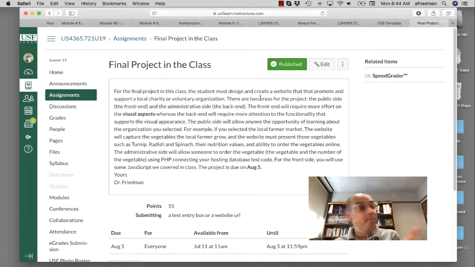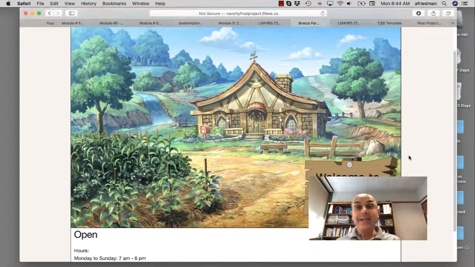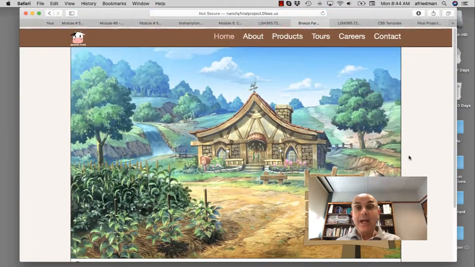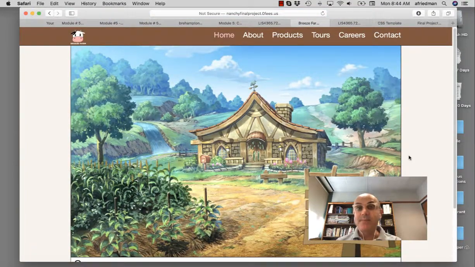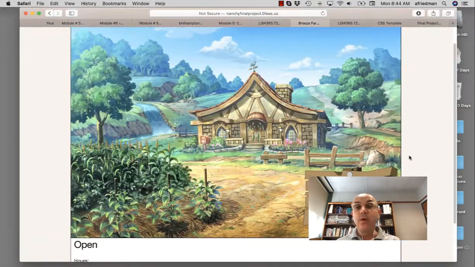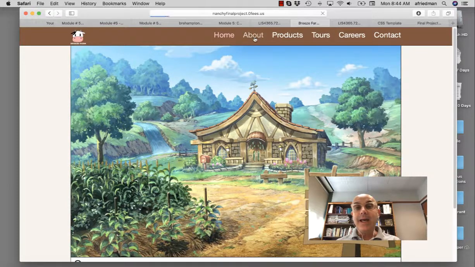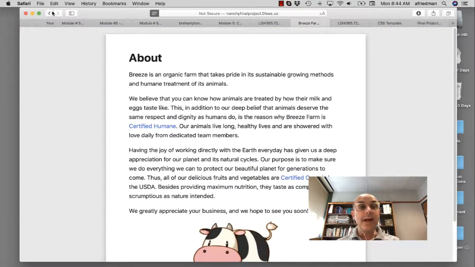I go over and I will say it again. It doesn't need to be real. What it needs to be is the ability to display what you are trying to do. And in this example, again, look at the structure of the website. They have the wireframe, which is the navigation bar in the top. They have a logo and the idea of what it entails, and they have a little bit of a story